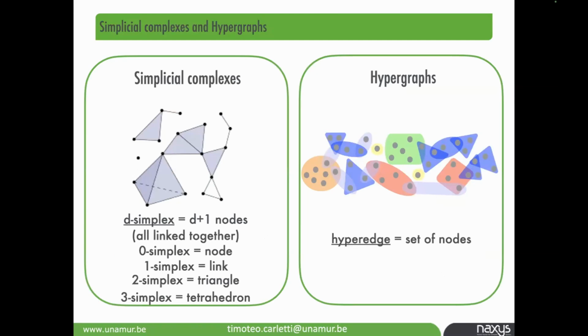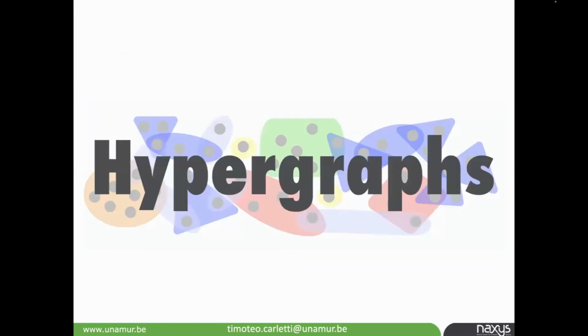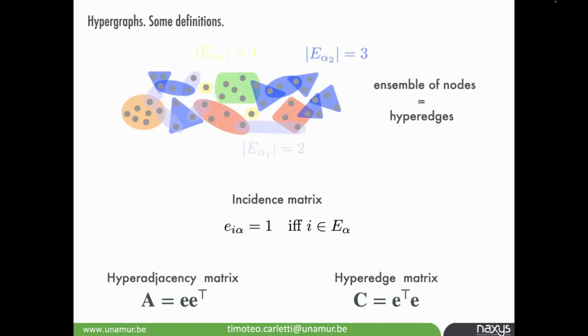So I will start first with hypergraphs, and then we'll pass to simplicial complexes to present some results that Ginestra presented Monday afternoon. Okay, so hypergraph, just to fix the notation, a hypergraph is just a bunch of nodes that are grouped together in hyperedges, this kind of set, and each node in the set can be exchanged without any preferred direction.